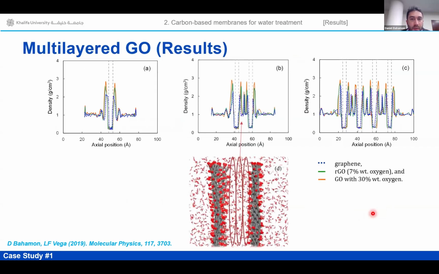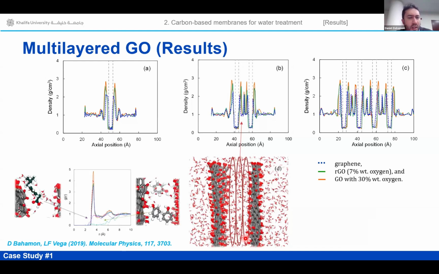As some of the results shown, basically you might see that of course there will be some water absorbed on the surface of the membrane, but due to the different layers, that water is forming in between the layers, you might get an enhancement in the water flowing through the membrane.